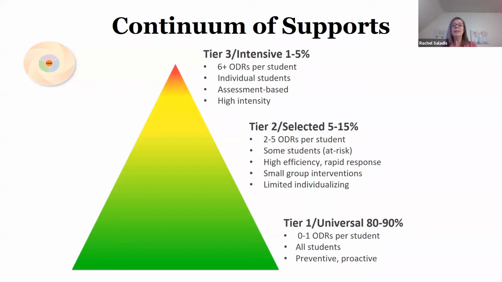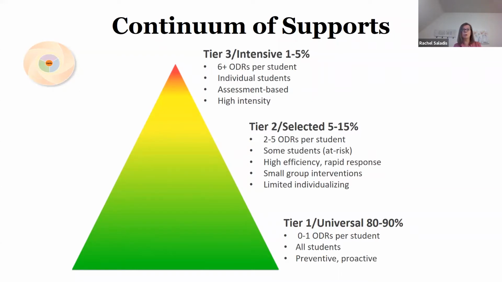The other thing that we need to keep track of, not just our percentages overall, but at each tier, it's vital that your team looks at and disaggregates data as well. If you're seeing that your Tier 1 data is overrepresenting any subgroup in need of a Tier 2 support, go back and talk about how to make Tier 1 more equitable, more culturally responsive.